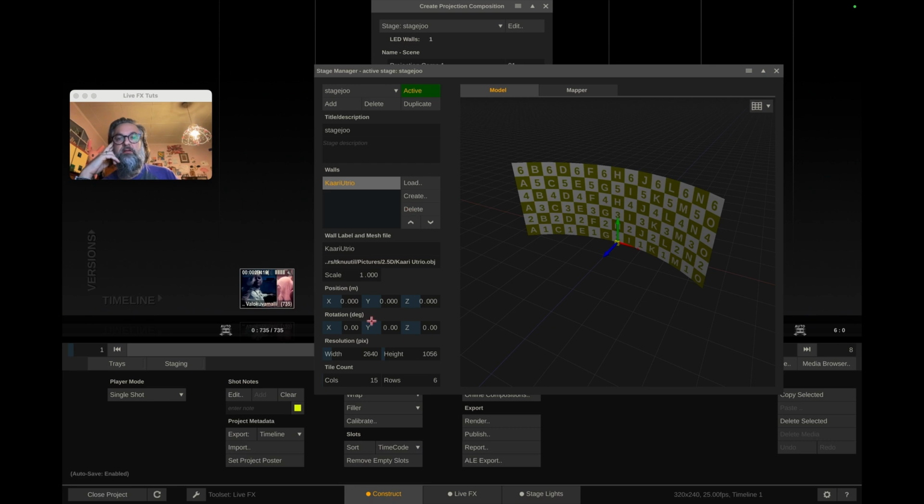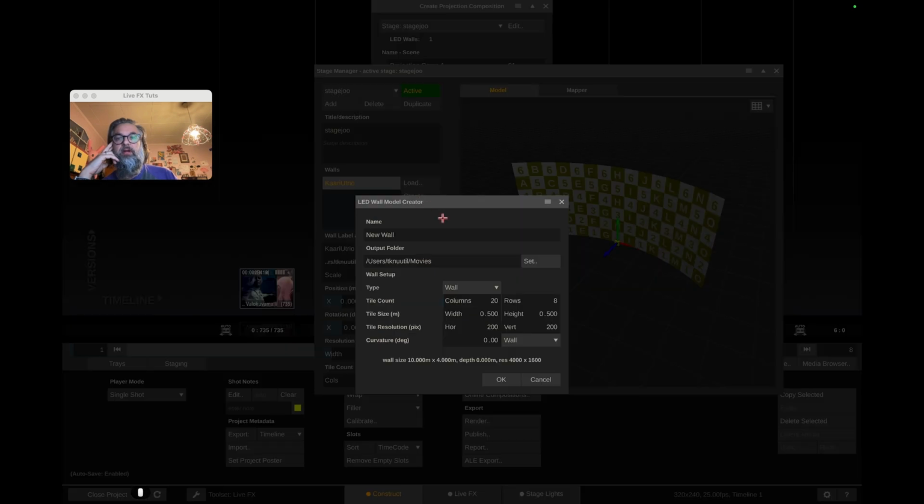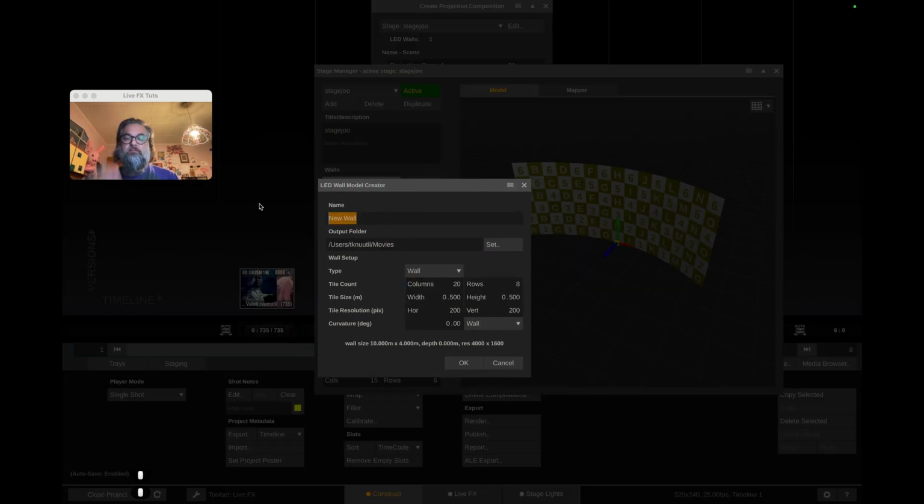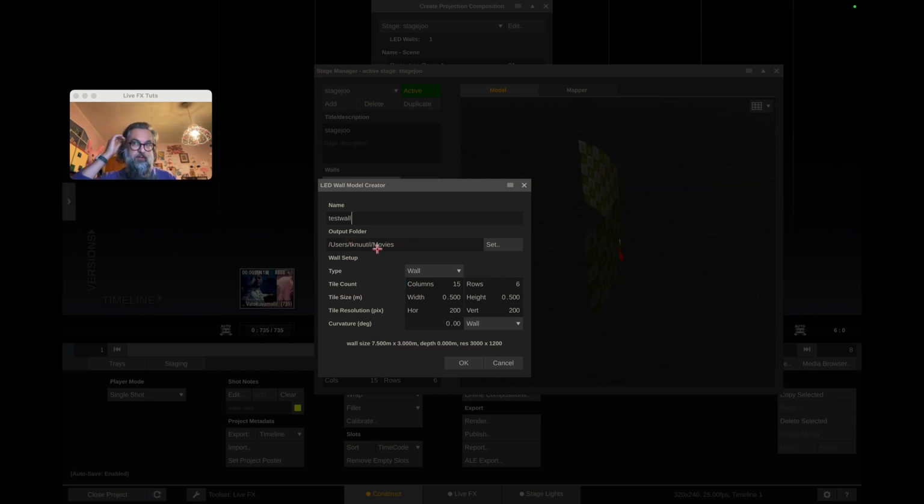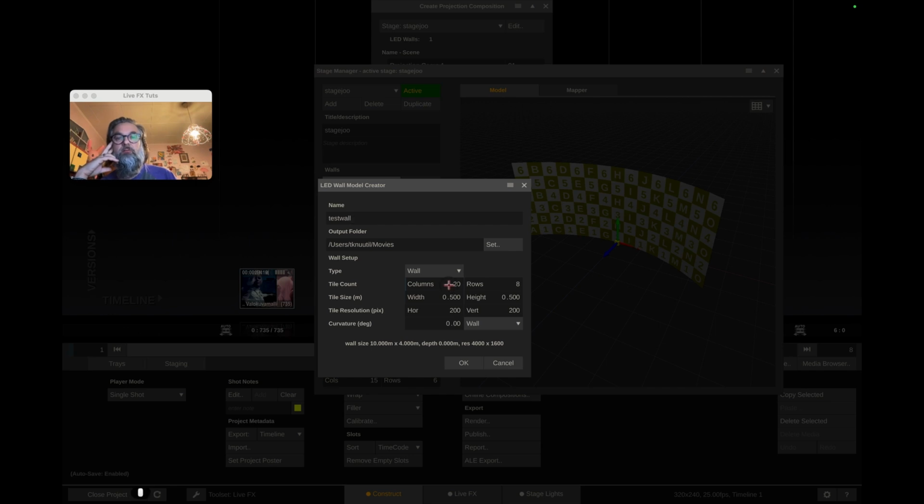And this was done by setting these values. So when there was nothing here, I created this, and this is a very nice way to create a 3D model of your wall. It's also going somewhere, and this is important because if you use another project, this path needs to be accessible later on. Know exactly that a wall in our studio has 15 columns